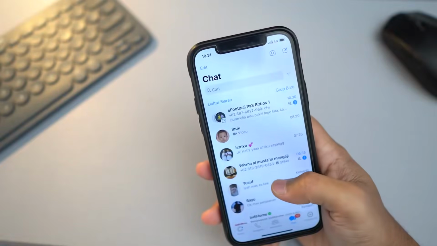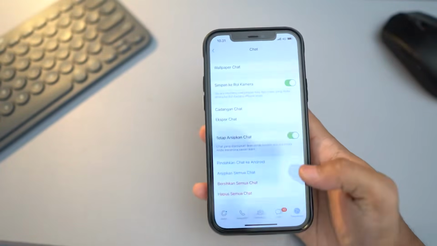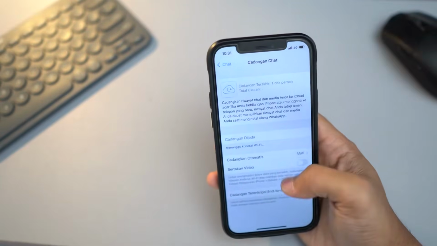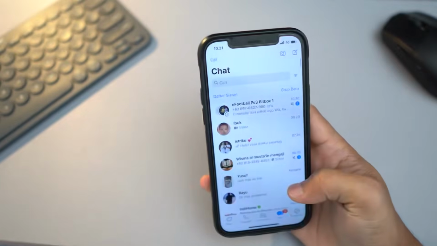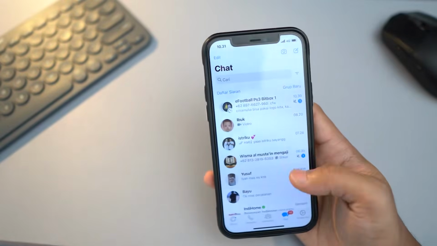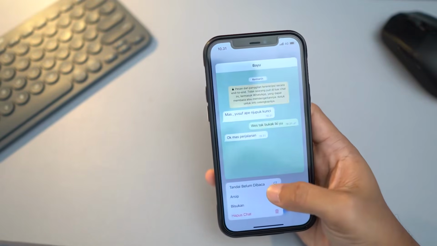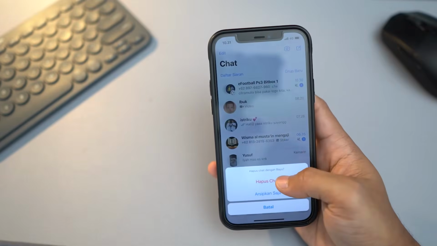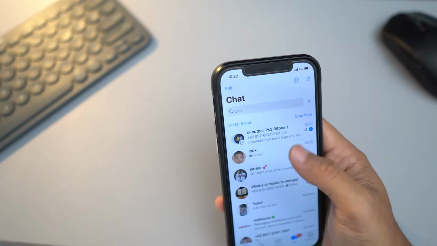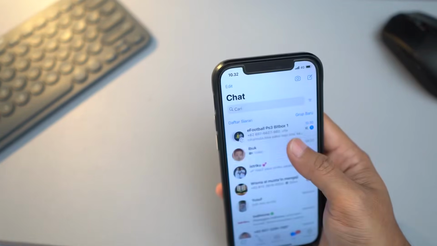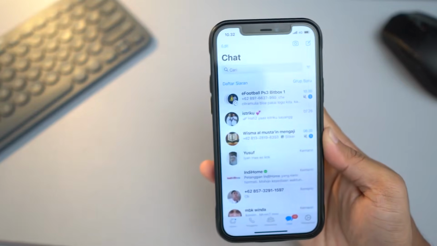Okay guys, here we are already on WhatsApp on the iPhone we're using. Next, let's check the chat backup section first. Then you can see that there are no backups that we've made before, right? Now we're going to try deleting some chats from people we've chatted with here. For example, let's delete the one from Bayu. We'll just delete it right away. After that, select delete chat, then let's try deleting another chat. For example, this one from mom, we'll just delete it and choose delete chat again. After that, now we're going to try scanning and see if the chats we deleted earlier can be detected in